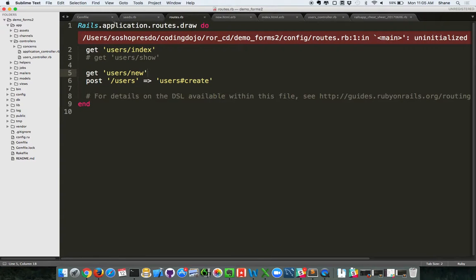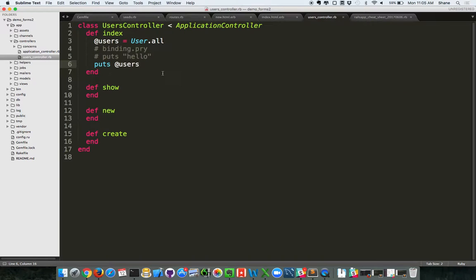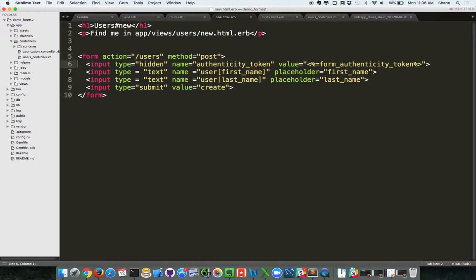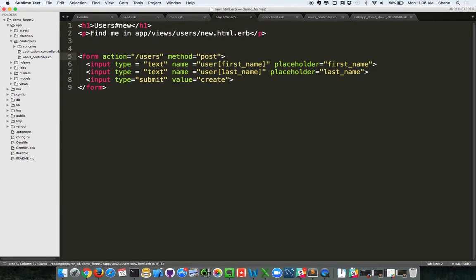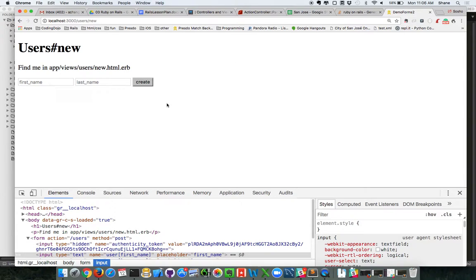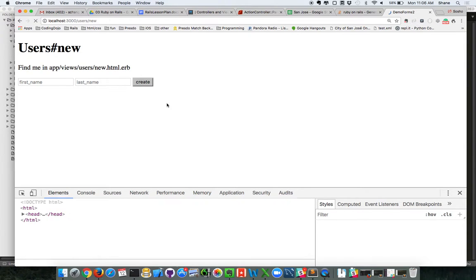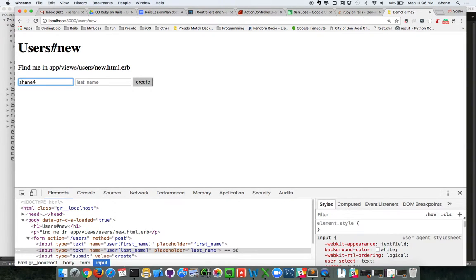So here, if I go to the controller, which method is going to get hit after I hit the submit button? Great. So I would put what here to create a big breakpoint? All right, I'm actually going to show you guys what happens if you forget to include the CSRF token. The authenticity token, I'm going to delete this for now. Save it. And then I'm going to refresh the page. If I hit create now,